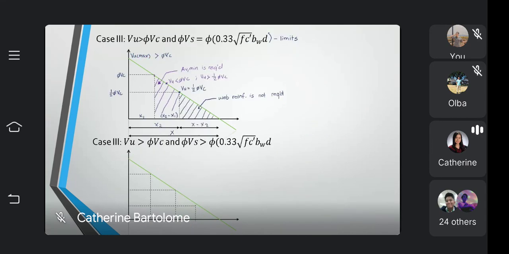Therefore, AV minimum is required. Okay, so let's move on to the next. At distance x1. Okay, itong naka-red na hatch dito. Okay, ang VU mo dito is greater than VBC. Therefore,